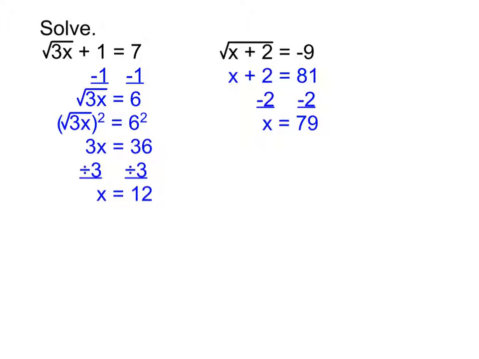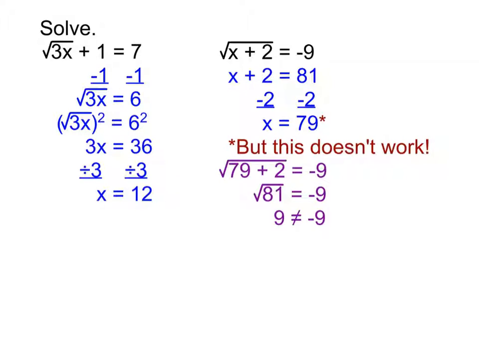So we've seen how we get these answers, but this last one actually has a little bit of a wrinkle to it. Because we did the algebra and we found that x equals 79. And yet, that actually doesn't work. If I plug that 79 back into the equation up here to check my answer,